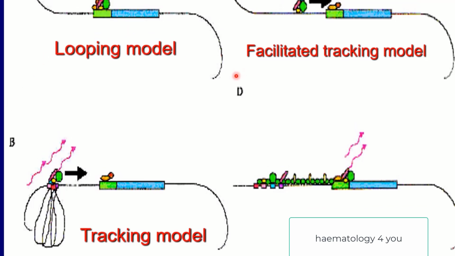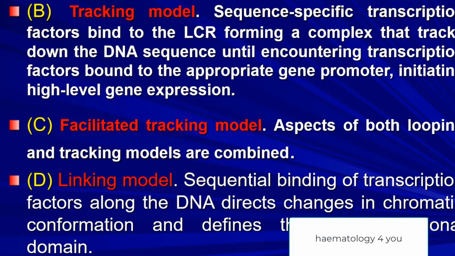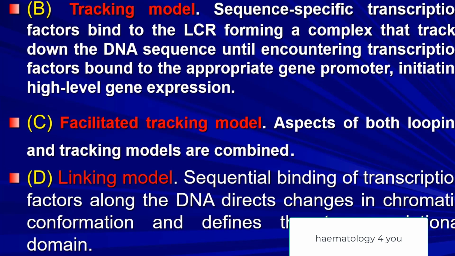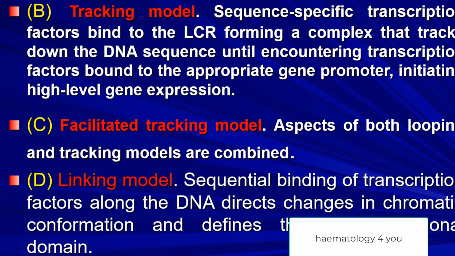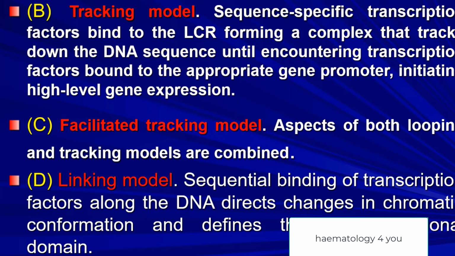Models: looping model, facilitated tracking model, linking model. Looping model: transcription factors bind to the LCR and the gene promoter. Tracking model: sequence specific transcription factors bind to the LCR forming a complex and track down the DNA sequence. Facilitated tracking model: aspects of both looping and tracking models are combined. Linking model: sequential binding of transcription factors along the DNA directs changes in chromatin conformation, and